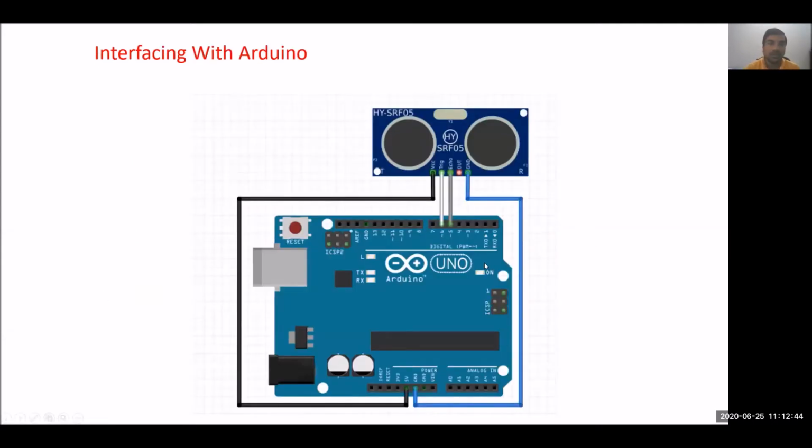Now here I have explained the connection of the sensor. In the sensor there are 4 pins: one is VCC, another is ground, and the others are trigger and echo. The out pin will not be there in the physical circuit; this is animated, so they have given it. But here you will have VCC, trigger, echo and ground, so we need to connect 4 pins. VCC will be connected to 5 volts and ground to ground, and trigger and echo you can connect to pin number 5 and pin number 6 respectively.